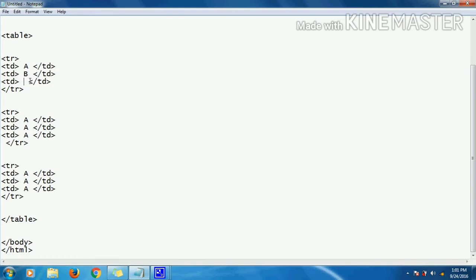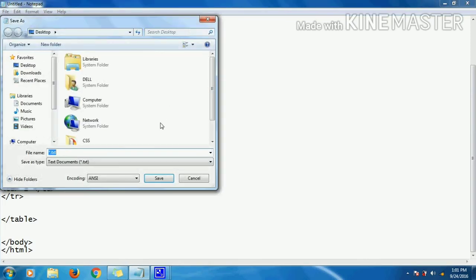So now we will just change the td part. So here anything you can write. If you are writing about your timetable, you can write there timetable. You can write anything. So we will just change this data, and then we will go to the save option, save it, and